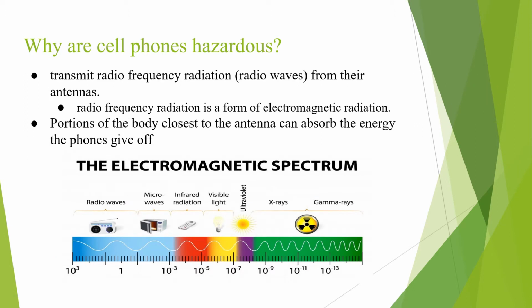We see at the bottom of this the electromagnetic spectrum. On the spectrum, there are two ends. At one end, we see radio waves and microwaves. On that end, they are lower frequency and they have longer wavelengths. On the other end, we see X-rays and gamma rays. They have a higher frequency and shorter wavelengths. That's why they are more dangerous to the body, because they heat up the body more.